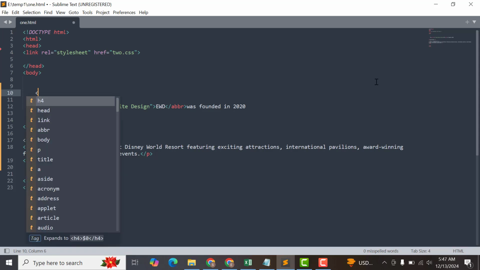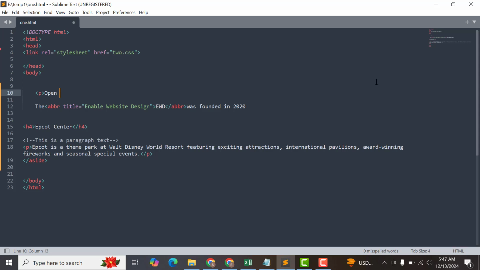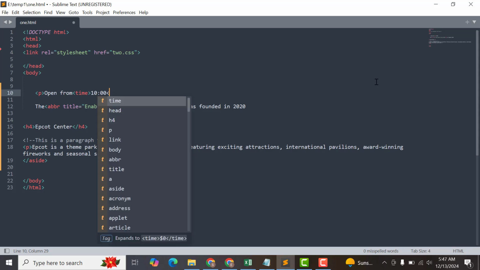So to add the time tag, I can just use the paragraph tag here, and I can add some text, for example "Open from", then here I can add the time tag, and I can add some time here. Then here I can close this tag,